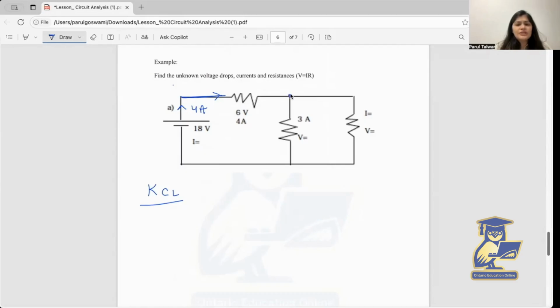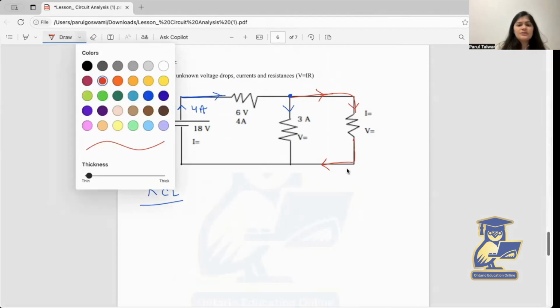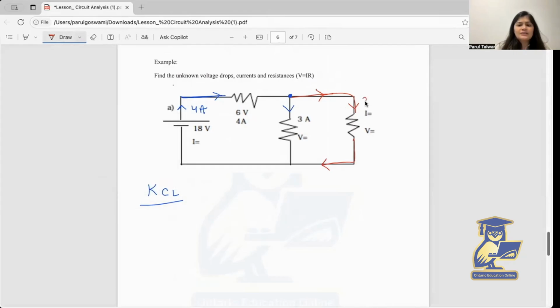As this 4 ampere reaches this junction, it will now have two pathways. One this and another one. Let's draw the other in another color. So one pathway is this, another pathway is this, and this current will flow in the same branch. Now you can see this is how the current distribution will take place. This current will go through this branch, and as you can see, the blue color current that we have drawn from this branch and this current will meet up here. We do not know this current, so we can mark this current as X. This is 3 ampere, which is the known value.